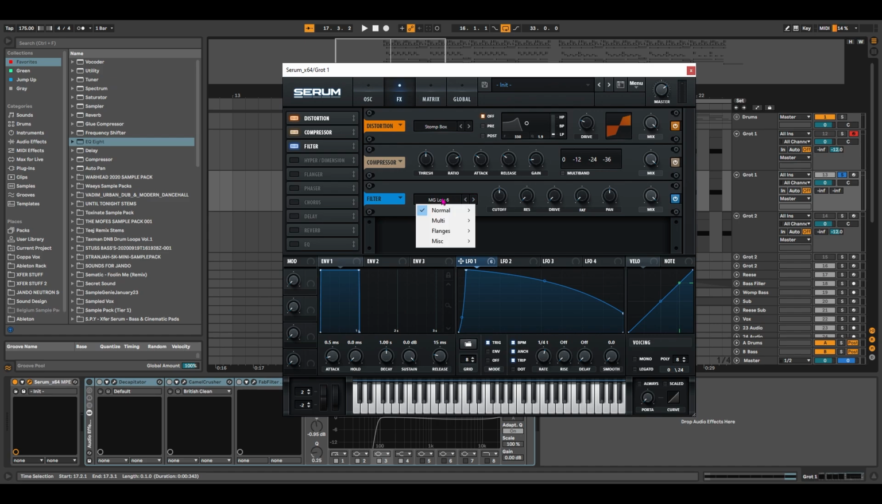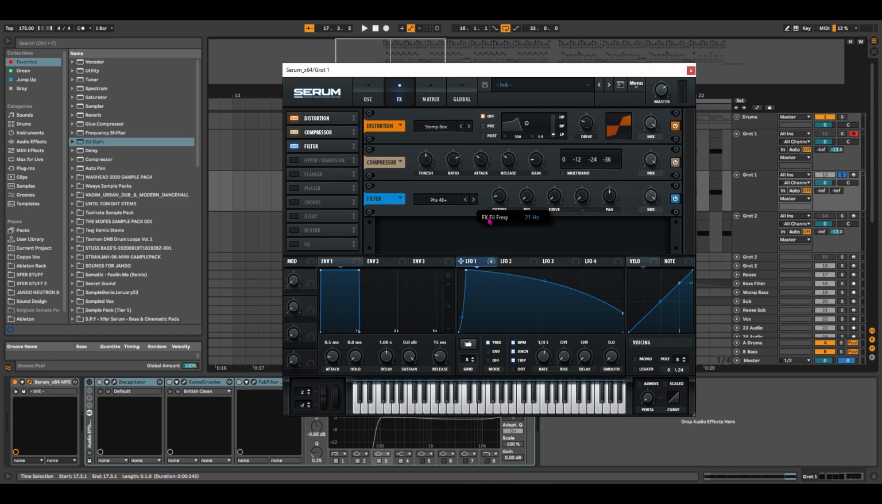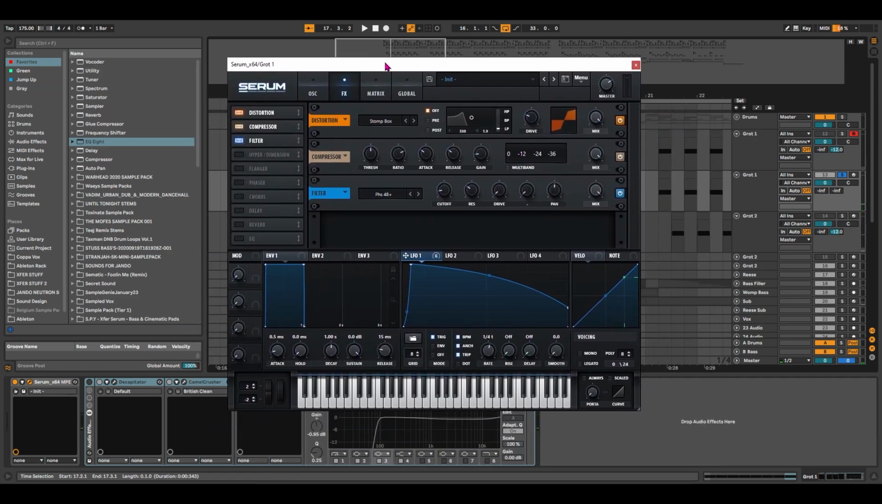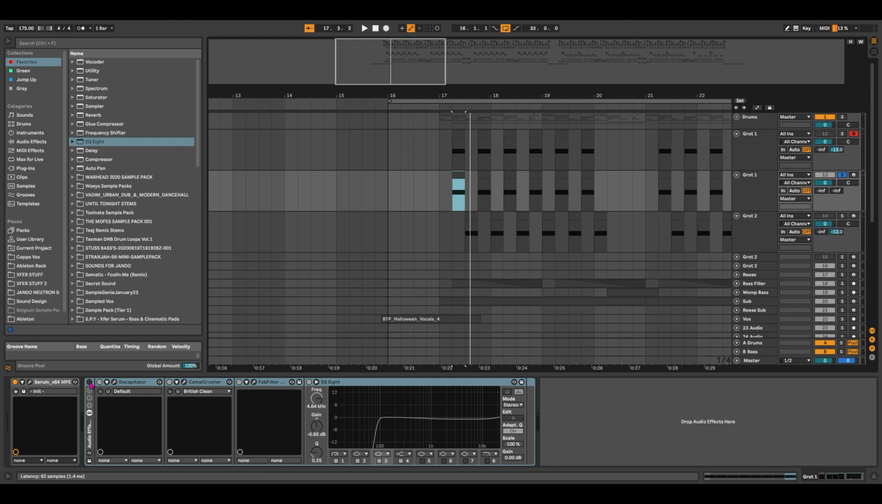And then back to this, we're going to go to PHS 48+ again. Got the cutoff at about 22 hertz, and then the res we're going to do at about 30%. That's much better. That is now literally the sound that we want. So this is the patch, and then we're going to look at the post-processing here, which actually gives us that sound,